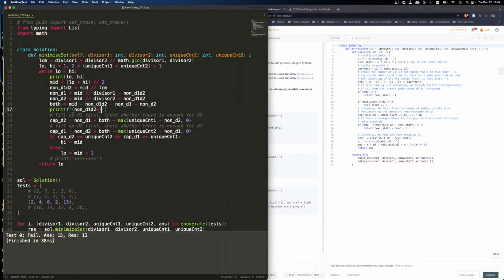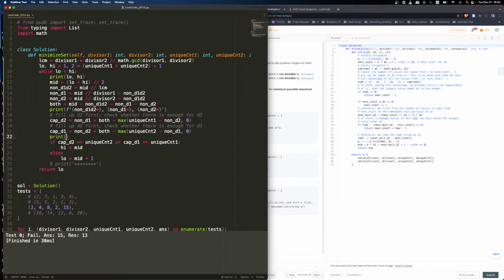Yeah, it's a little, I don't know. I mean, maybe it will be better to really do a debugger. I'm just too lazy to use the debugger, and I actually don't remember a lot of the commands. Result is 13, answer is 15. Okay, doesn't matter. We can figure it out ourselves, and then we'll just print